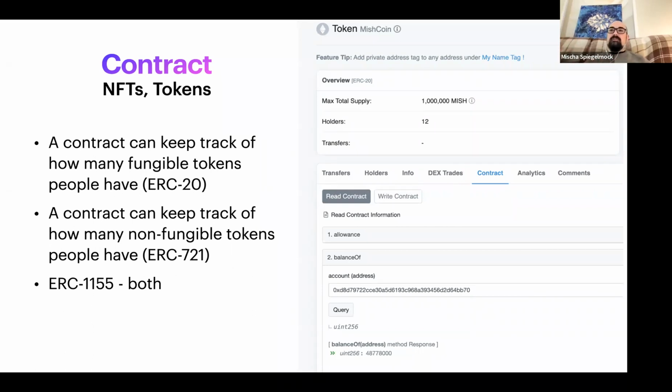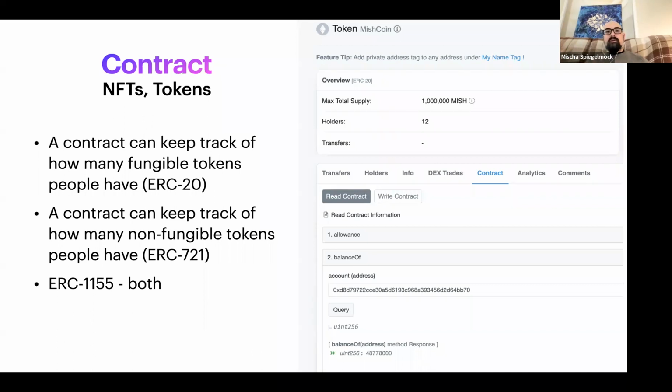It's an implementation of an EIP, which is an Ethereum improvement proposal, like a PEP in Python, I think, or something like that. So these improvement proposals have numbers. The one that defines the tokens that we can exchange that are fungible, we call ERC20. And then there's another type of interface which defines non-fungible tokens, where each token actually has a unique ID.